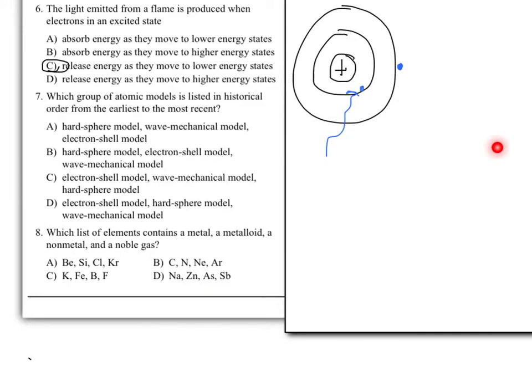Question number 7 asks for the historical order, from earliest to most recent, of the atomic models. So the two major choices are the first model, the hard shell model, or the electron shell model. So let's draw out the choices that we have here. The hard shell model would be that the atom is a hard shell like a billiard ball. That was Dalton's model. The electron shell model is that atoms have a nucleus and they have shells or rings